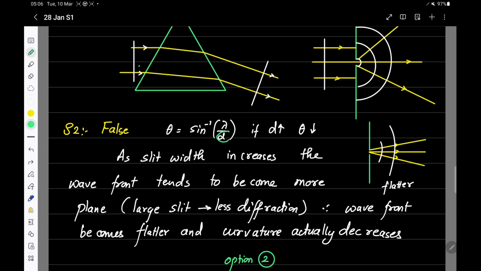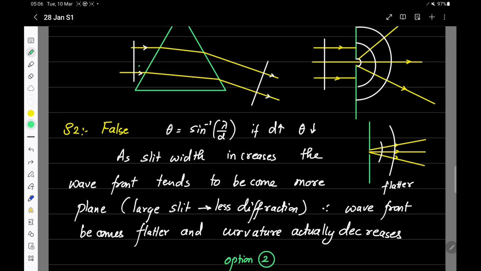What if you make the slit width infinity? If you make the slit width very large compared to lambda, you will see that theta will almost become 0 degree, means there will be no diffraction. And ultimately, if you have a very wide slit, you're going to get a parallel beam of light and you'll get a plane wavefront. So if you increase the slit width, the wavefront becomes more and more plane, and hence